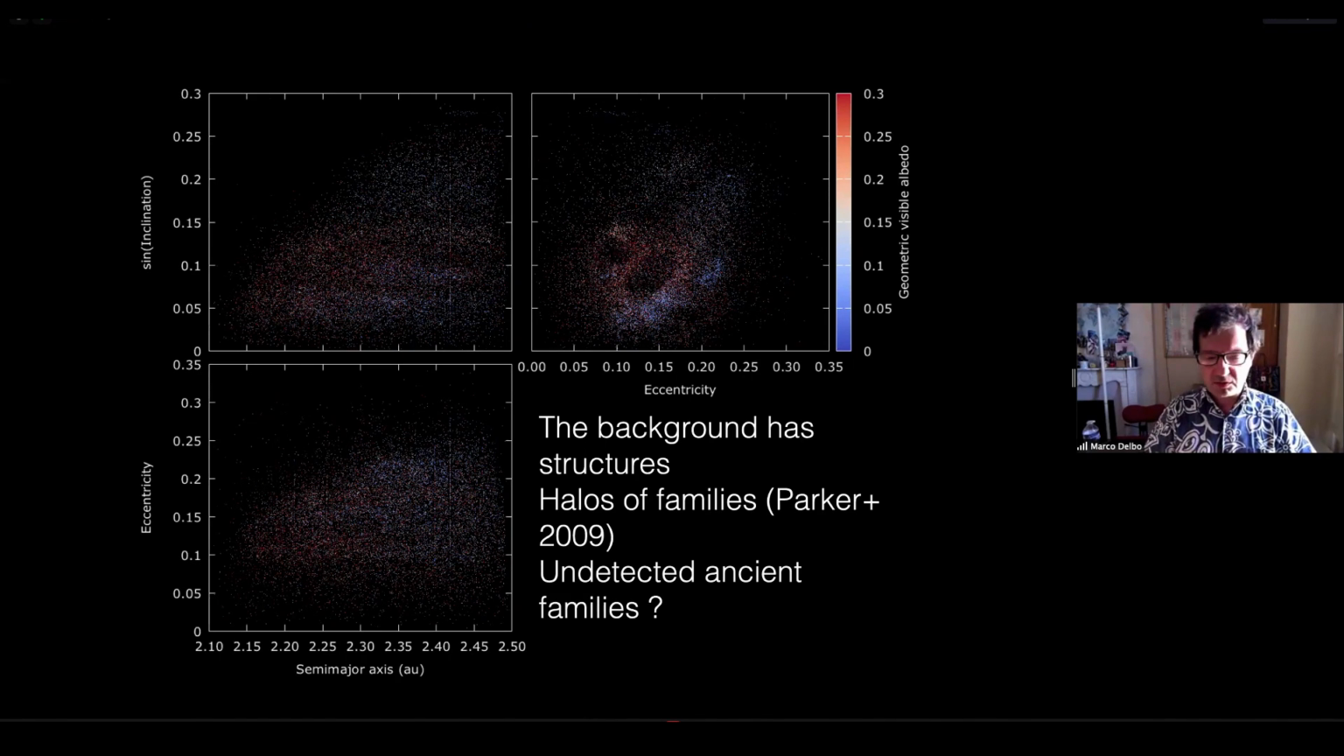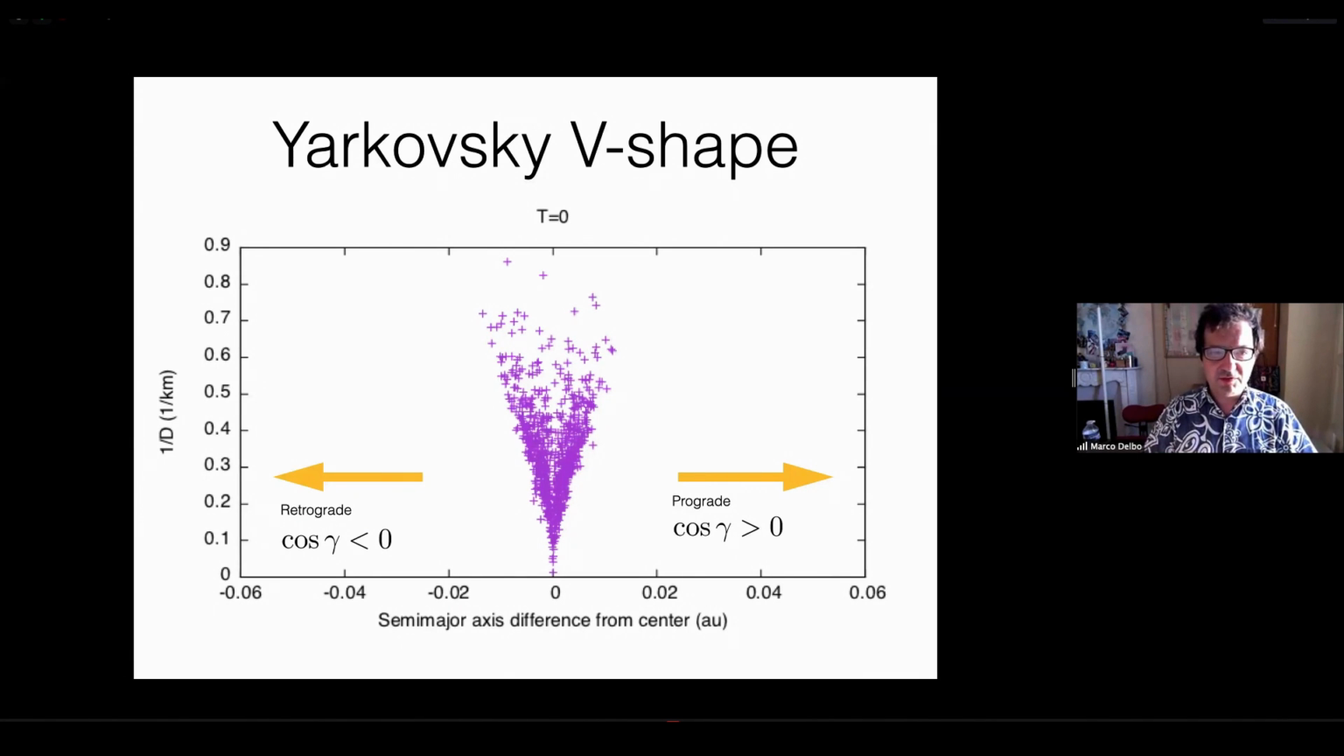Or, since they have structure in orbital element space, they could still be undetected, very ancient families. So we try to identify collisional members with a different technique. We use the V-shape of the Yarkovsky effect. If we take the members of a collisional family and plot their inverse